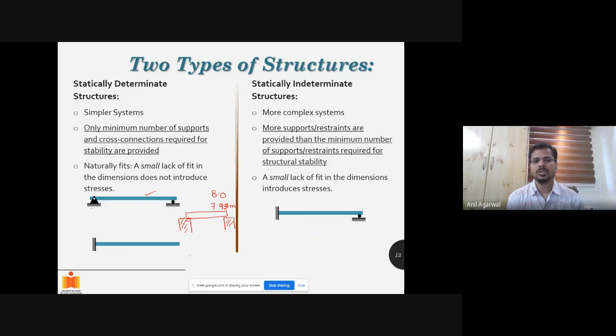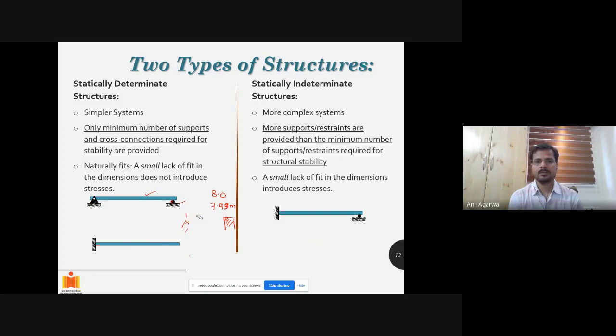If I was planning to use it as a simply supported system, just putting it on two bearings, 1 centimeter is not a big deal. It's not going to introduce any forces on the system. The only thing is that this roller has to adjust by 1 centimeter. The purpose of the roller is that it can adjust a small gap, so that's why I'm keeping it very small, like 1 centimeter or something like that, in comparison to the total length of 8 meters. So as long as this roller can adjust that much of deformation, you don't have any forces acting on this